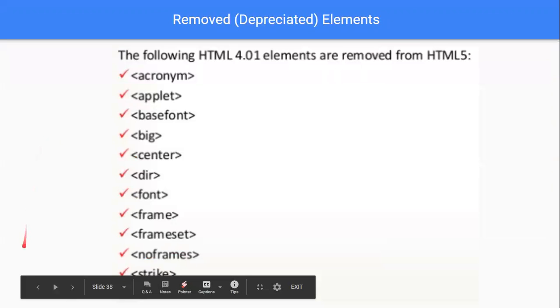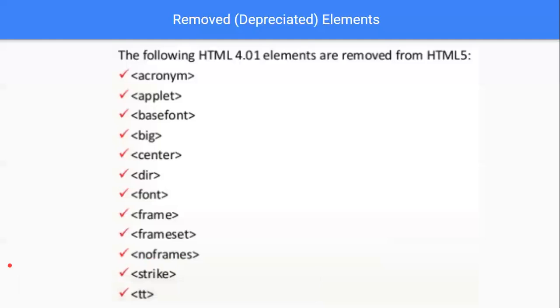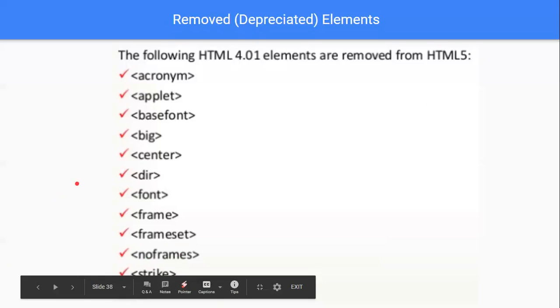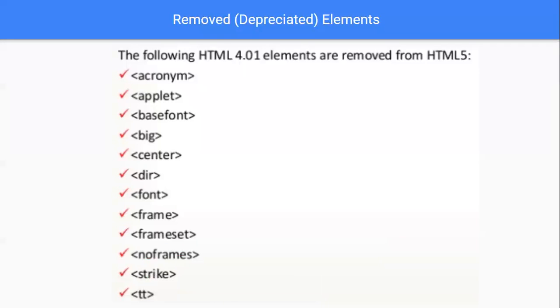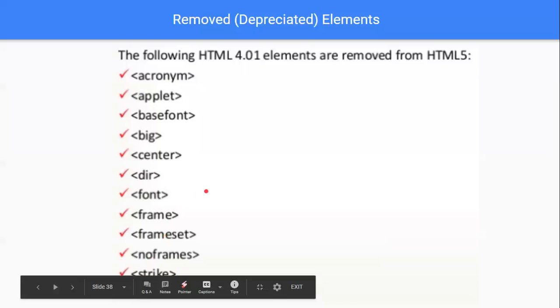So some of these are deprecated, obsolete. How about that? We'll just say obsolete. I probably get it wrong. Elements to be removed: acronym, applet. Applet, if you don't know the context, is Java applet. Center, I'm afraid to see that one go. Font, as I told you. Some of these old ones, frame and frameset, not so much. Strikeout and some of those other ones there.